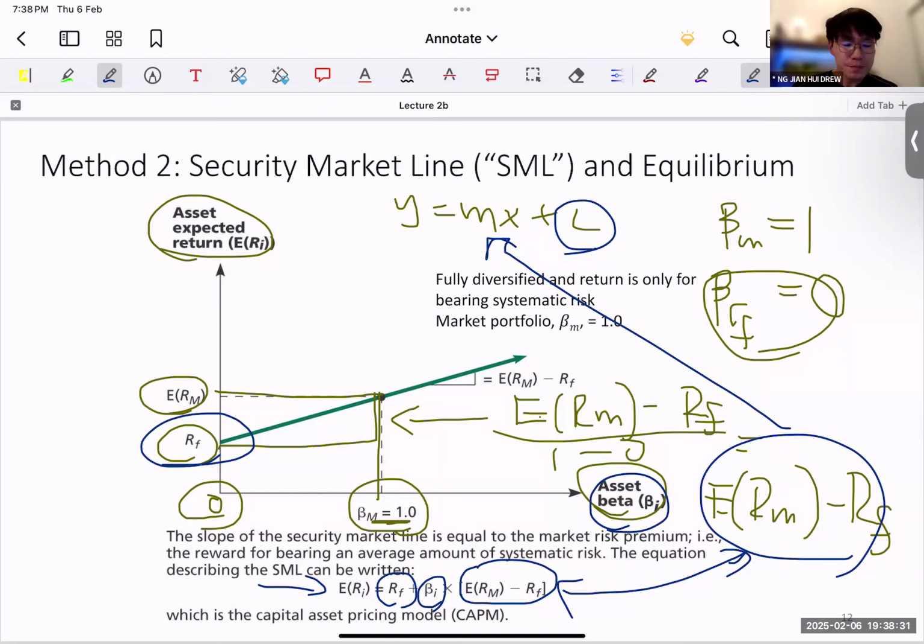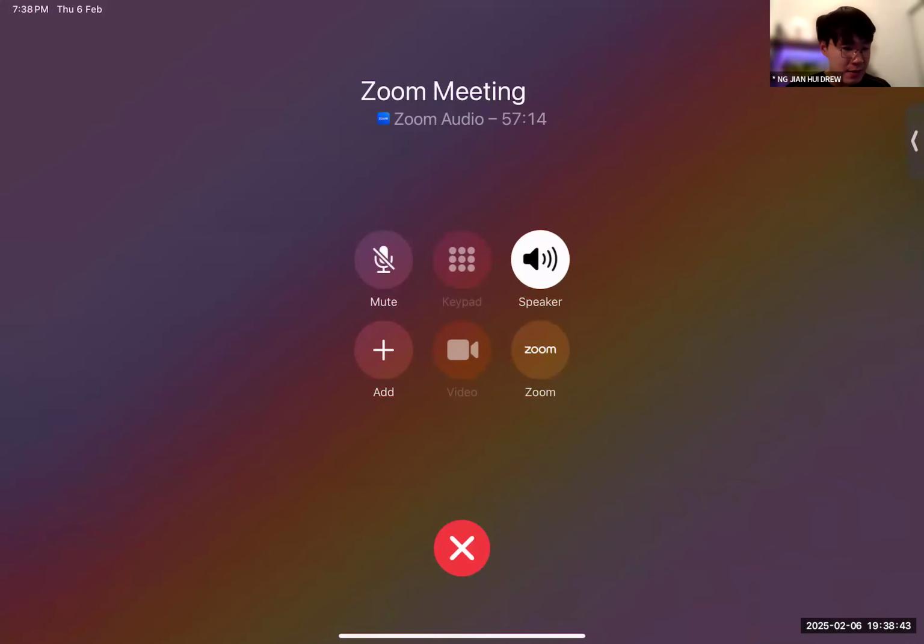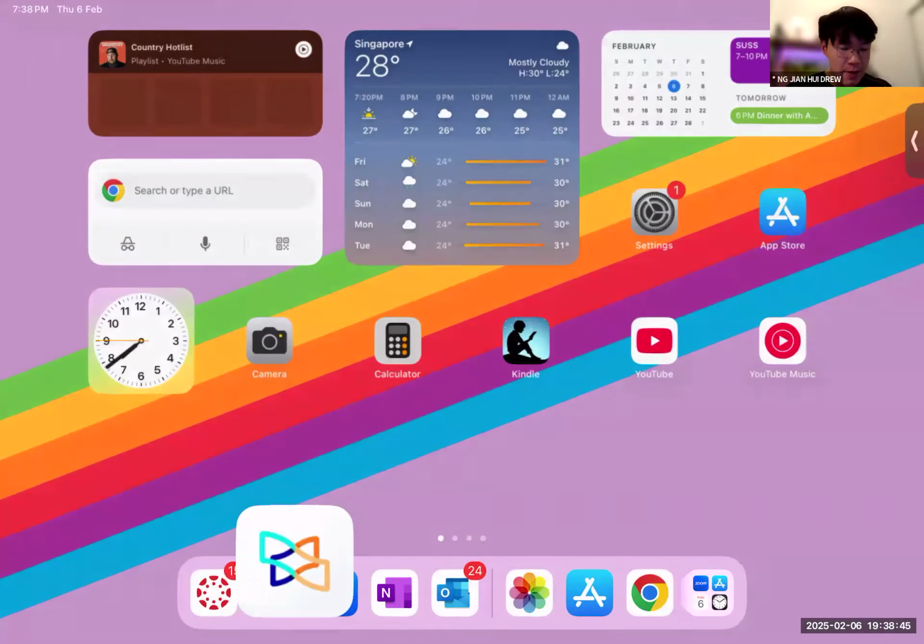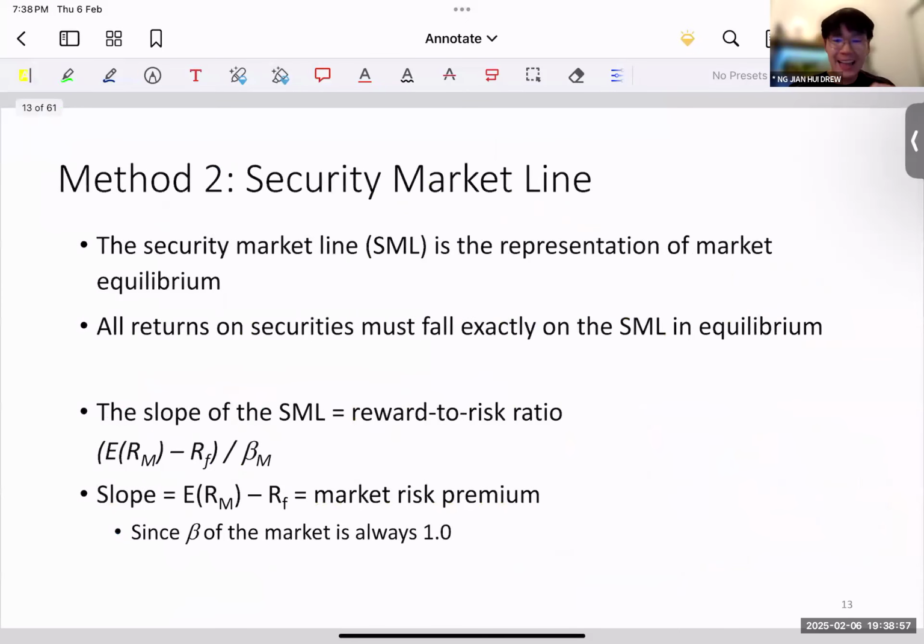Of course, what is more important is the application of this thing called CAP-M. So everyone heard of CAP-M before? CAP-M model, capital, oops, sorry, capital asset pricing model. Yes, okay, yeah, CAP-M model. So we have now kind of derived the CAP-M model here, right? And the CAP-M model is used to determine the cost of equity.